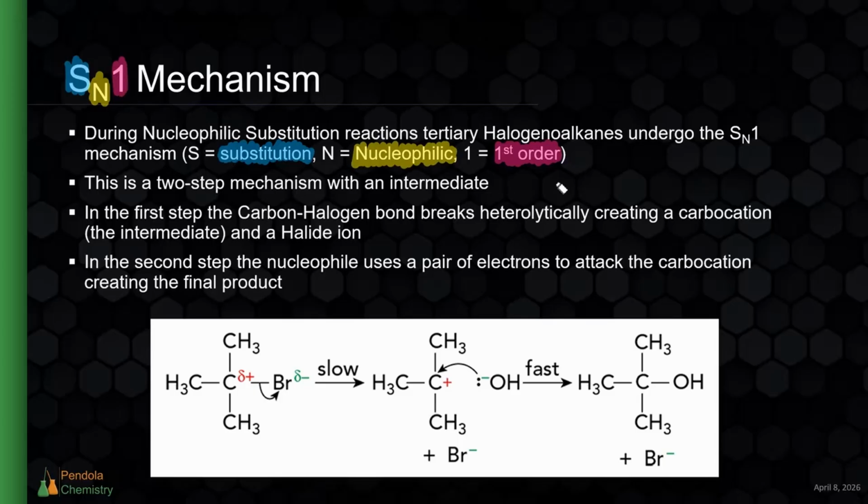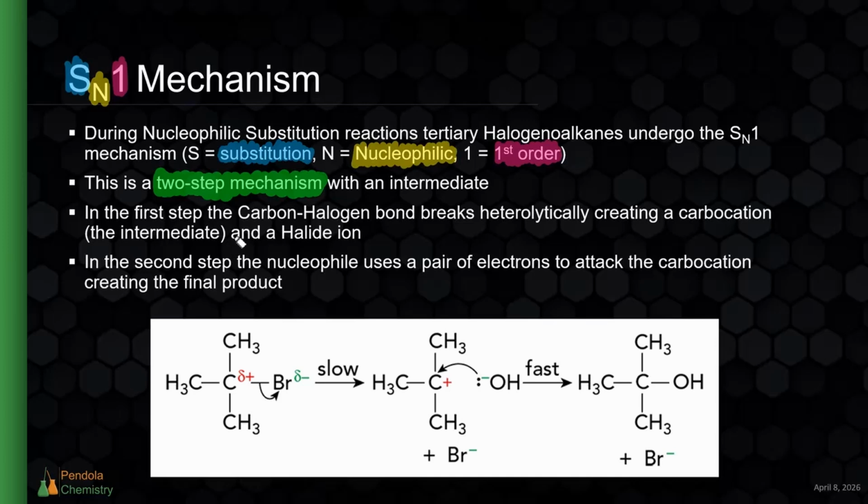First order, again, is a rates vocabulary term. It's something we use that tells us a lot about the rate of the reaction. But it's something that we are going to visit in A-level chemistry, not right now. So it is something that you do need to know, that the one means first order, but you do not need to know exactly what first order means. Now, first order reactions are two-step reactions. So unlike SN2, which was a one-step, SN1 reactions happen in a two-step mechanism,